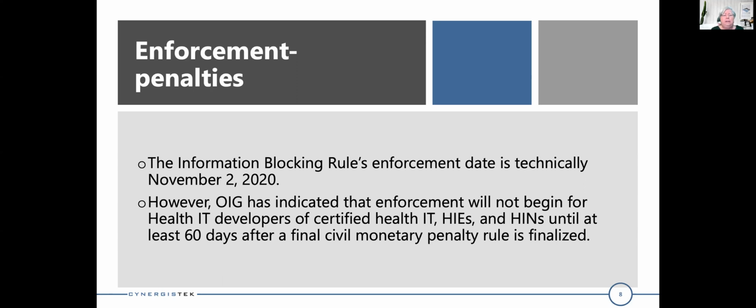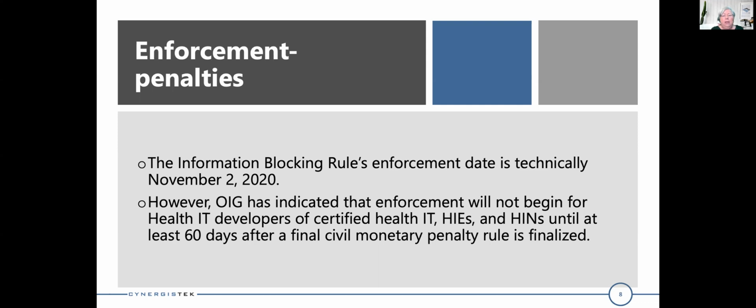But OIG has said they will not begin enforcement until the rule is finalized, and not likely until it's effective, which will be 60 days after it's published in the Federal Register. So the likelihood there's going to be any enforcement against those three types of actors in the near term is pretty unlikely. And again, we also have the rule that's with OMB that could push all of those dates out